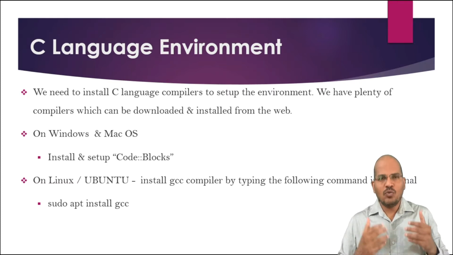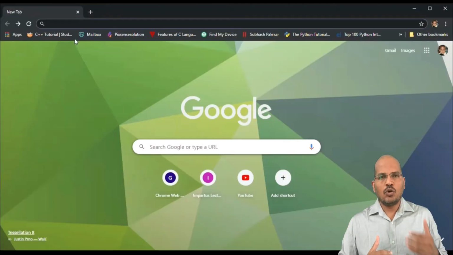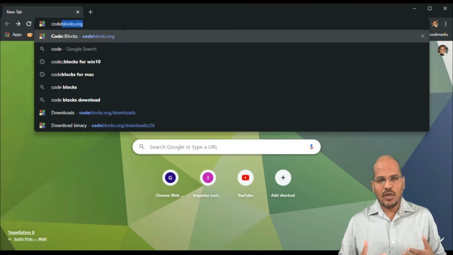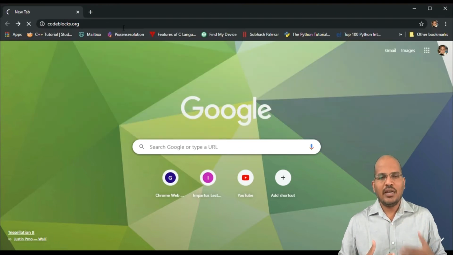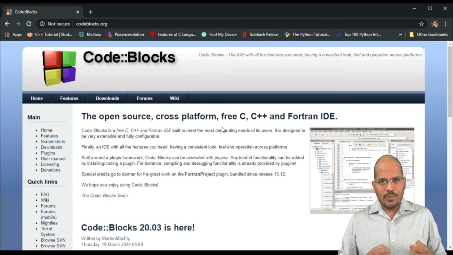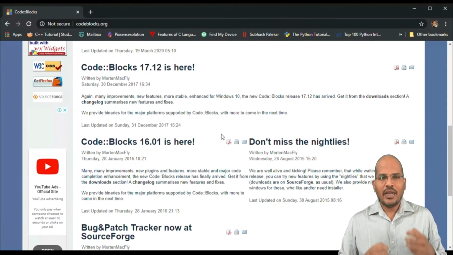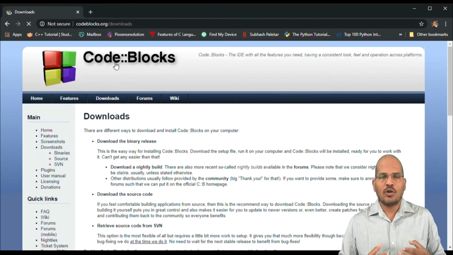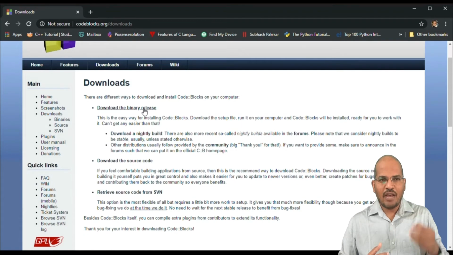Now let us see how to download and install the Code::Blocks compiler. So go to any web browser. I prefer Google. So type codeblocks.org. You go to the web portal. In codeblocks.org, identify the download button, click on it, and that takes you to a list of options. From that list of options, please click on download the binary release, where you will have a set of links